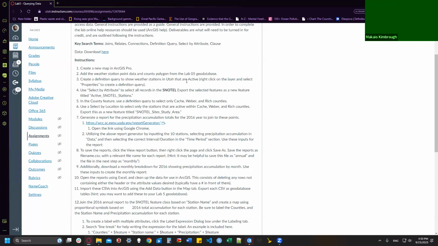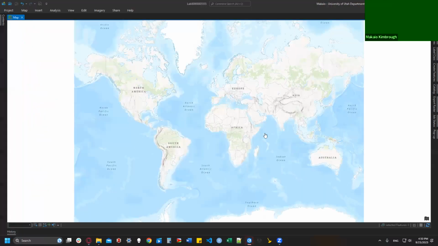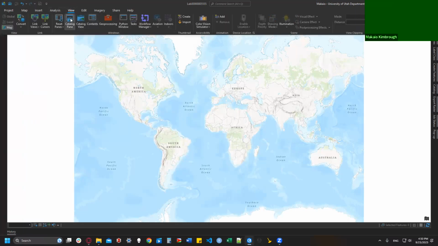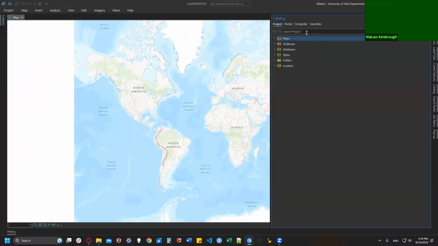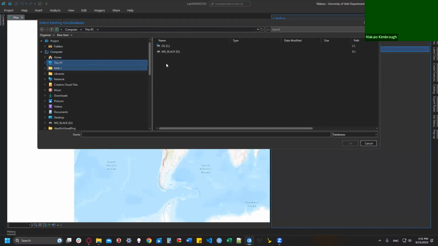Number 2 asks us to add the weather station point data and county polygon from the Lab 05 geodatabase. So we're going to make a folder geodatabase connection, and then we'll add those items. So now let's go to our view banner up top, and then let's select the catalog pane. When you select the catalog pane, the catalog window on the right-hand side of your screen opens up, and we're given the choice of selecting any of these items. We're going to start with databases, and we're going to right-click, add database,